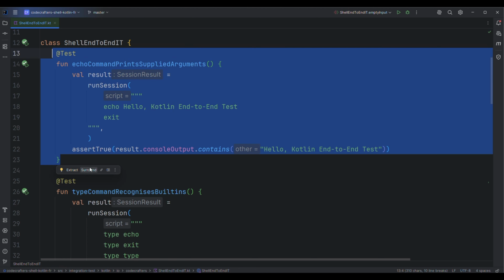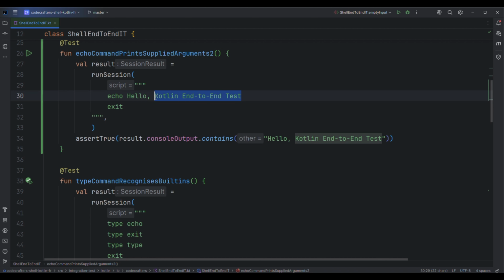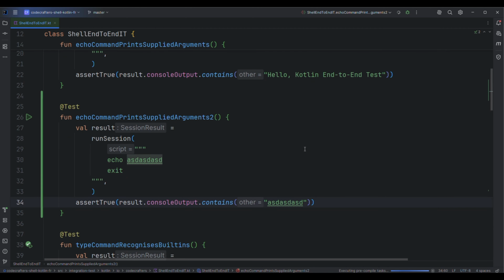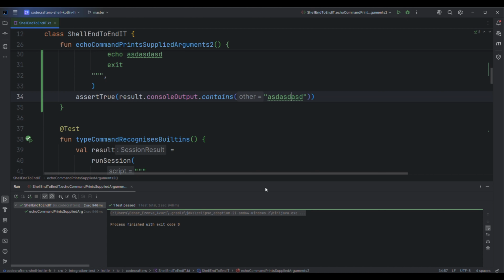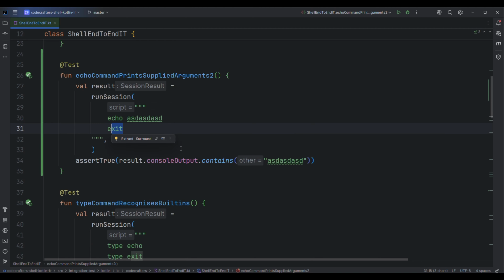We can also create another test, say like that, run it, and it should succeed because whichever the user inputs, it should output the same. And exit is just to end